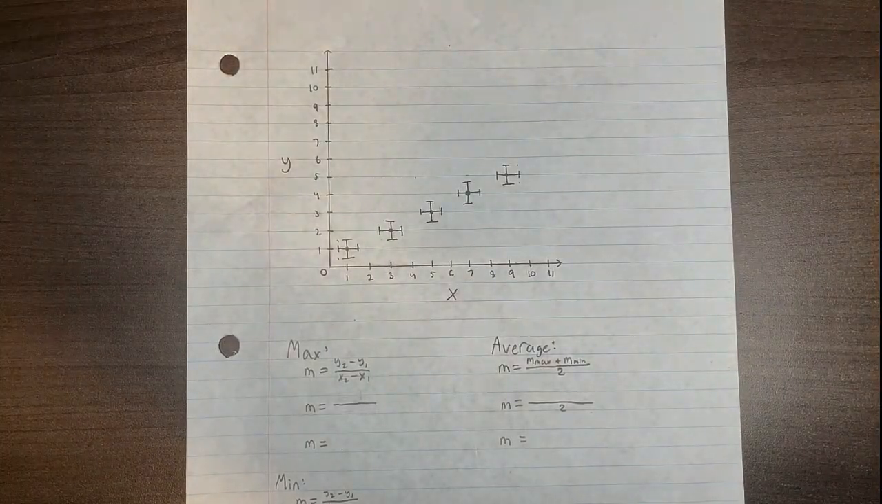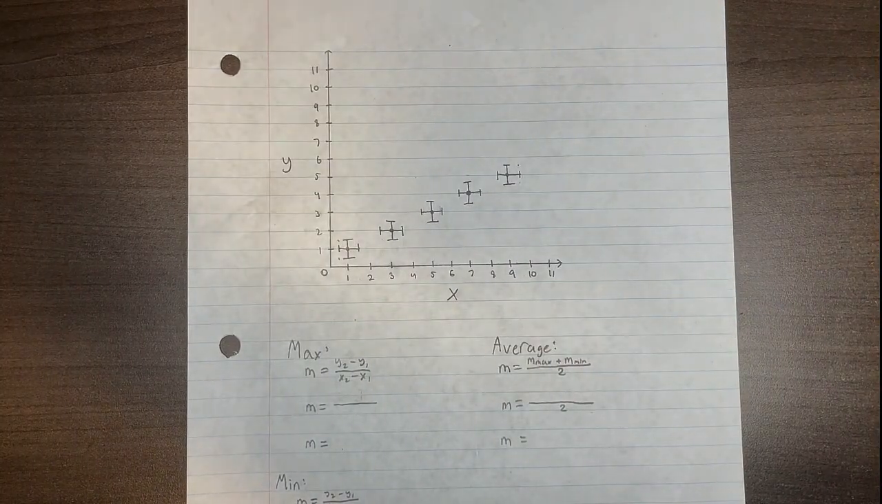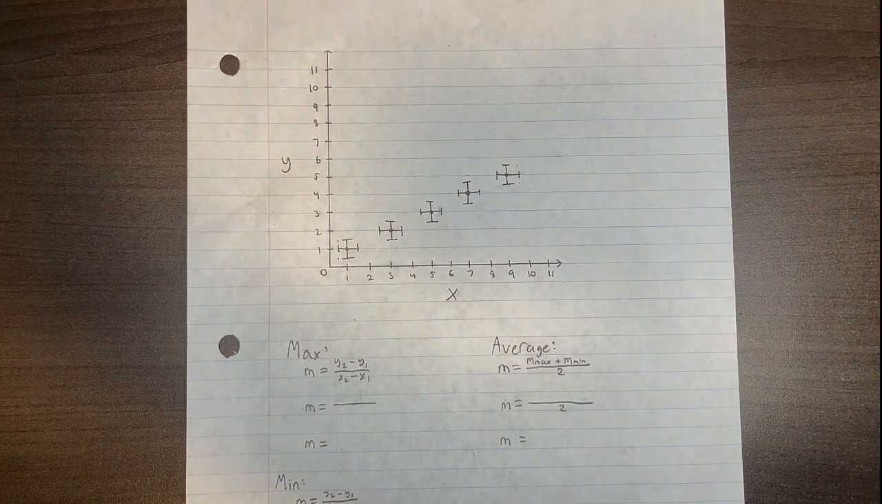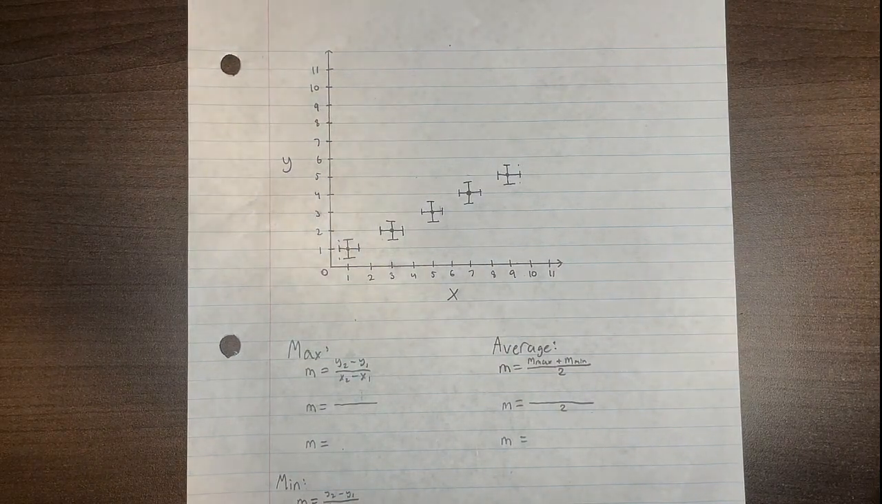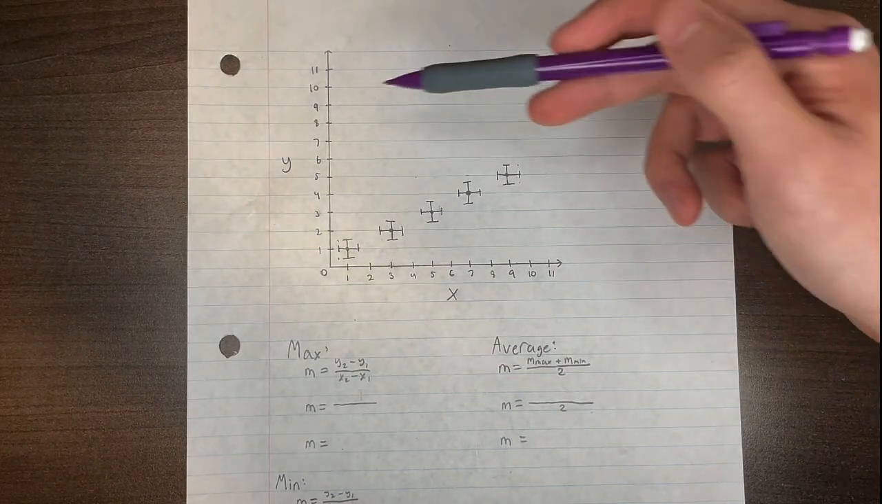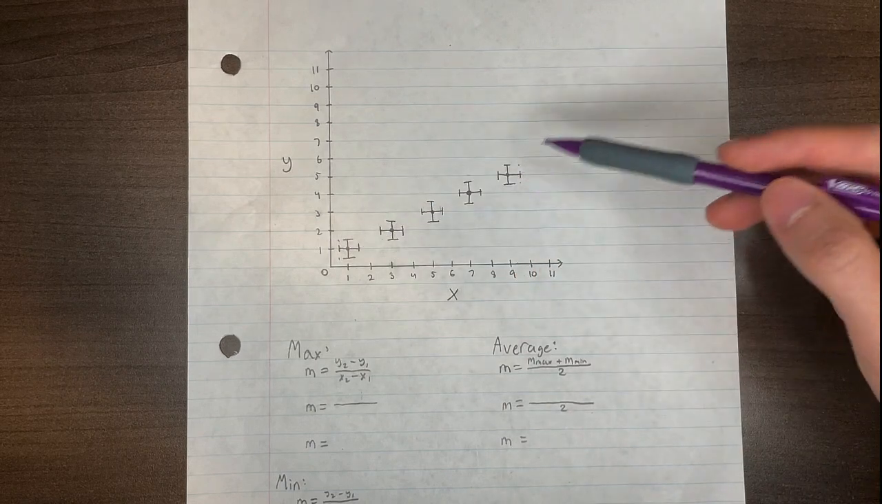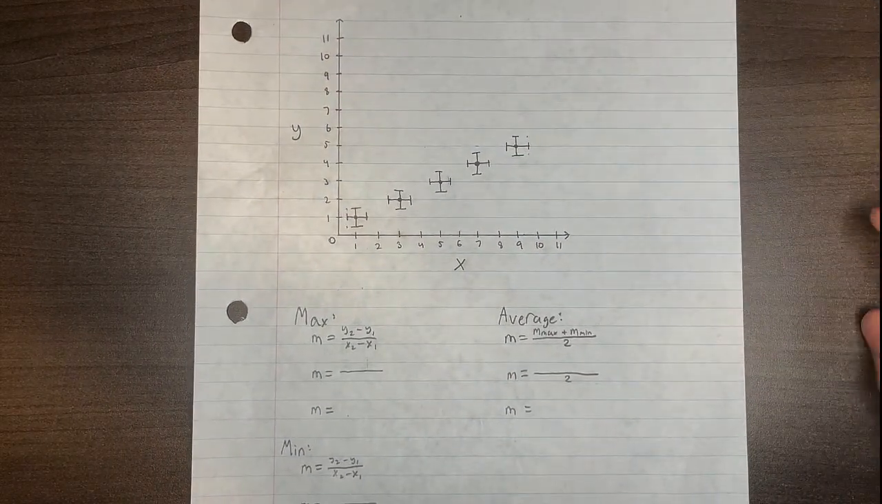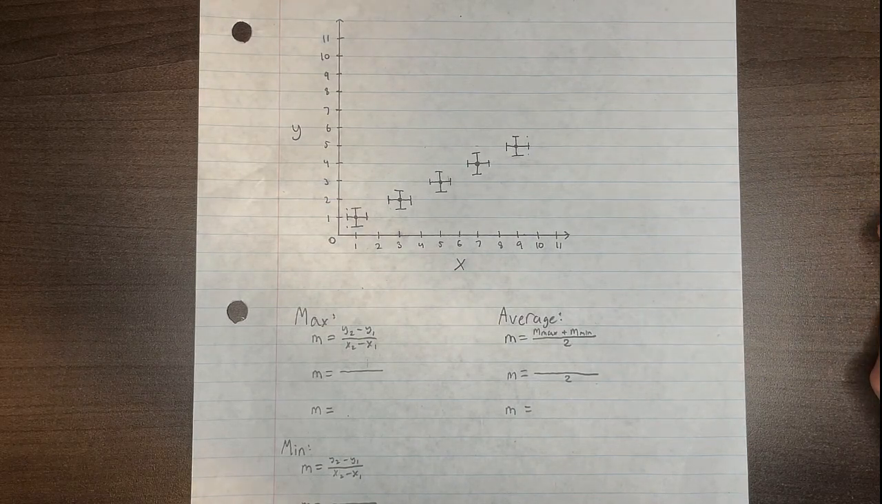Hello, today I will be showing you how to find and draw the maximum, minimum, and average lines of best fit in a graph. So suppose we have this graph here. We have the x-axis, y-axis, and we have our points with uncertainties and error bars. So in order to find the average line of best fit, which is most likely what you will be looking